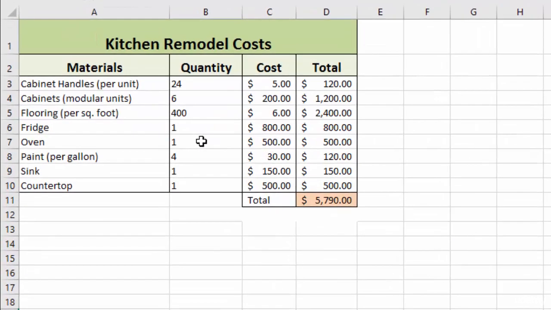So let's just start from scratch with our kitchen remodel cost worksheet, and I'll show you how to create your first chart. And probably one of the hardest things about creating charts is deciding how you want to represent your data. For instance, if we were to have a chart that listed our materials and then the quantity of each material, that might not really be that beneficial to us, because it's not necessarily going to help you in any way to see a chart that shows you that you're going to have 24 cabinet handles and 400 square feet